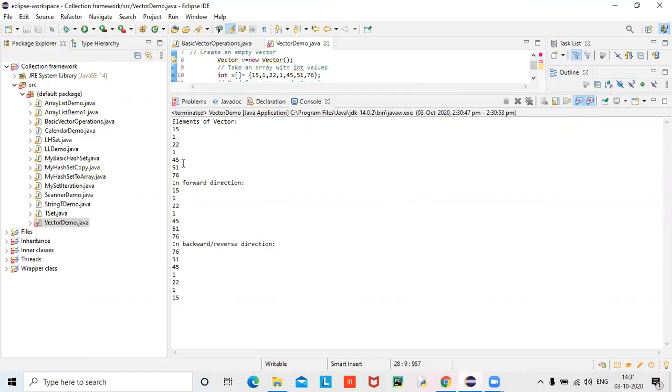I have taken just an array and then I made the array elements available to the vector. I converted them into vector objects. Then I displayed them, then in forward and backward.